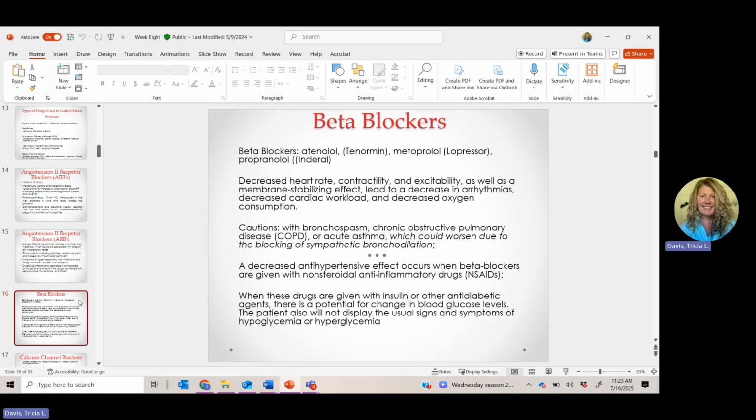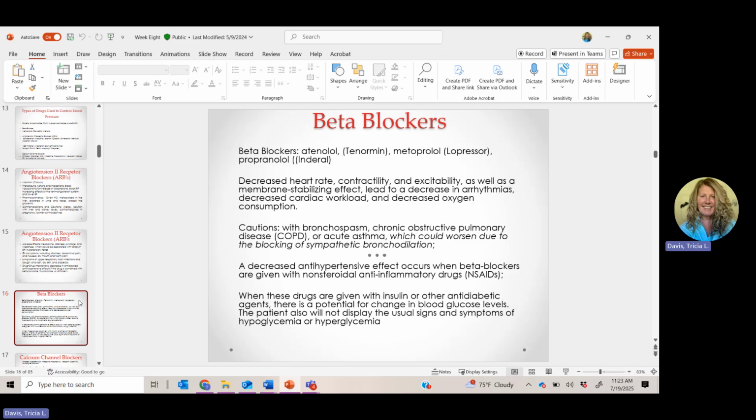Our beta blockers, these are our medications that end in -lol. How do these work? These work by decreasing the heart rate and the contractility. So these are going to work on our heart rate, where the other medicines we just talked about worked on that angiotensin system, right? So these will lead to a decrease in patients developing arrhythmias. They will decrease the workload of the heart and decrease basically how hard the heart is working and the oxygen